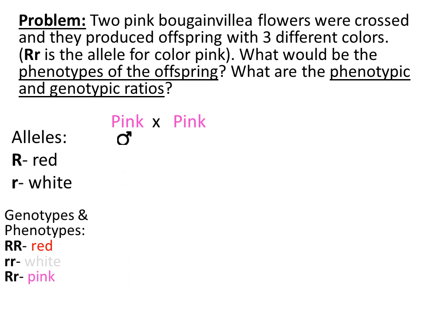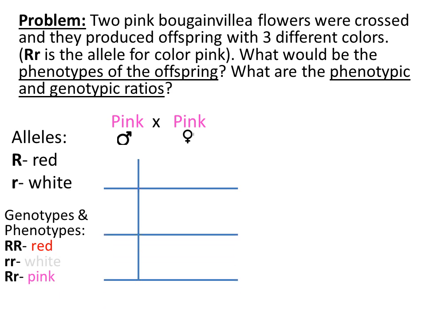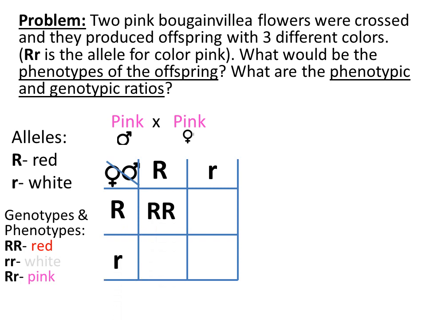So again, let us assign if that is the male and this is the female. We're now going to cross using the Punnett square. Assign where to put the genotypes. So let us start with the male. Pink is big R, small r. The female, pink also, kaya big R, small r. Let's cross: big R, which is the red. Next, big R, small r, which is pink. Big R, small r, pink. And small r, which is white.